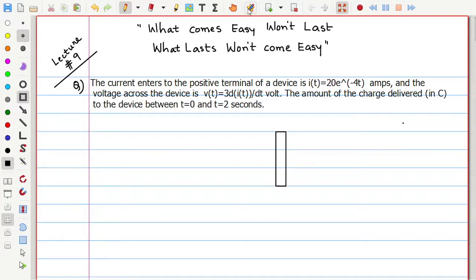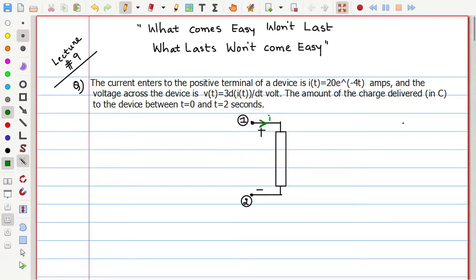We have a device. The device might be an element. It has two terminals. Current enters the positive terminal. That means there is polarity across this device: one side is positive, the other side is negative. If you want to be more precise, you can name the terminals 1 and 2, with 1 positive and 2 negative. It's your wish, I can even reverse that, no issue. But you have to observe that current enters the positive terminal of the device. So where is the positive terminal? Here. Then current is entering the device from here.